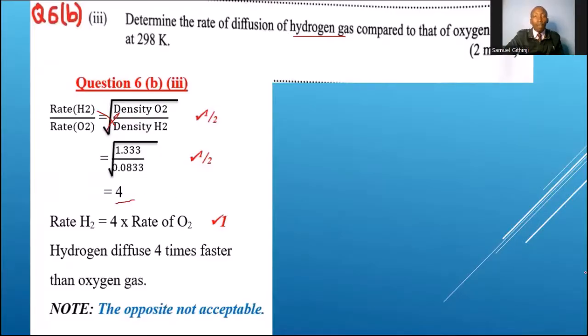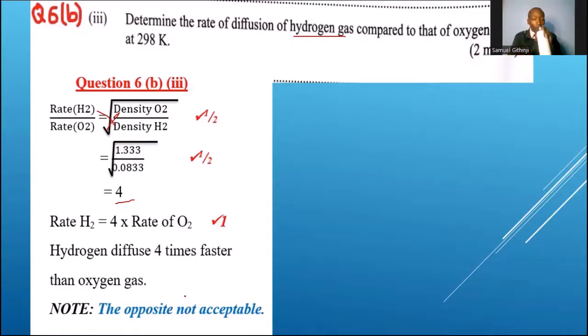Then that's not enough for 2 marks. Just state that the rate of diffusion of hydrogen is 4 times the rate of diffusion of oxygen. Then you can decide to put it in words: hydrogen diffuses 4 times faster than oxygen. Remember, the opposite will not be acceptable, because we're talking about the comparison between the rate of diffusion of hydrogen